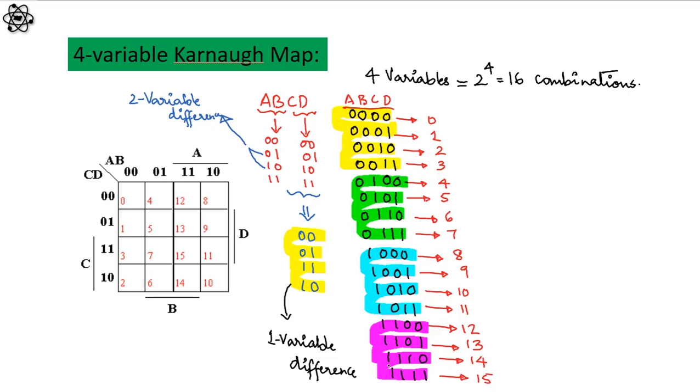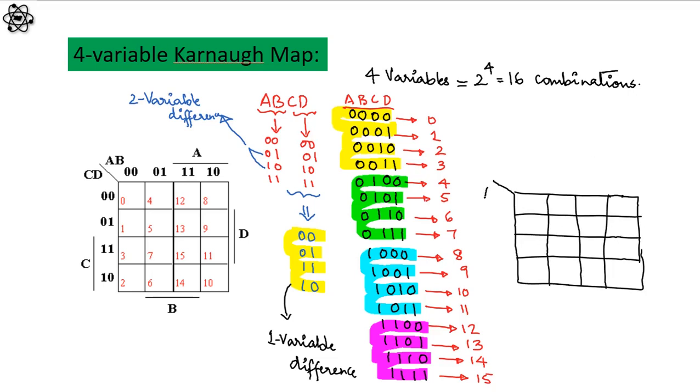When I represent AB and CD in this form, my decimal equivalent also will change and the placement of the positions will change. So you can see I have drawn another Karnaugh map by considering the MSB bit at the lower end and the LSB at the upper end, and the decimal notations and their placement will also change accordingly. No matter which type of Karnaugh map you consider, you should follow the rule of thumb which says that the adjacent rows and columns differ by 1 bit.